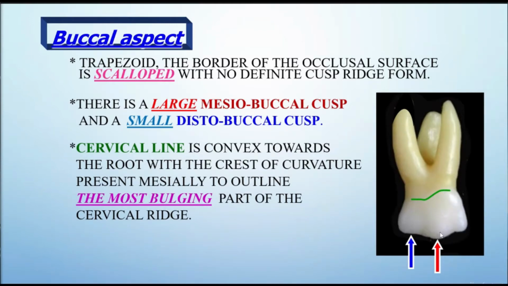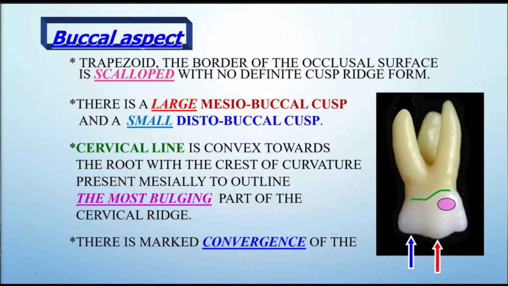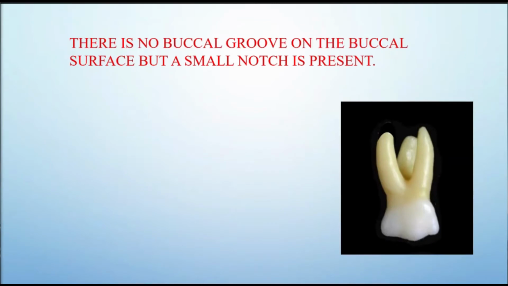and this area under the mesial cusp is a very bulged area. Bulge means a big elevation is present here on one side, on the mesial side. On the buccal surface, the mesiobuccal area, especially in the cervical area, is very bumpy, a big elevated area, this area. There is marked convergence of the crown toward the cervical. Like all teeth, there is cervical convergence, but the convergence is much bigger in this tooth, like the premolars.